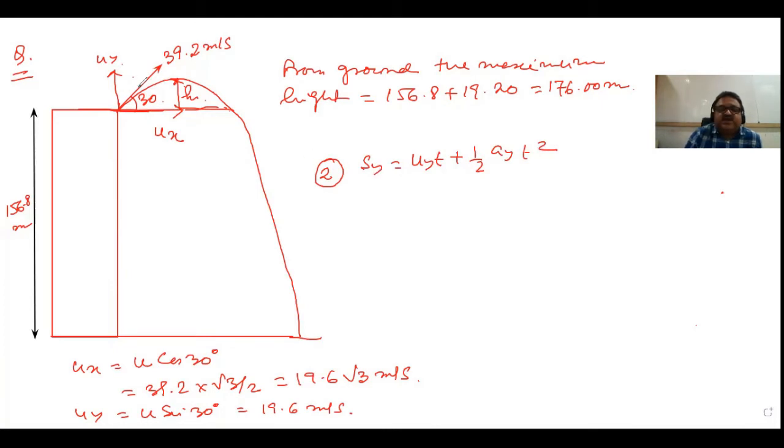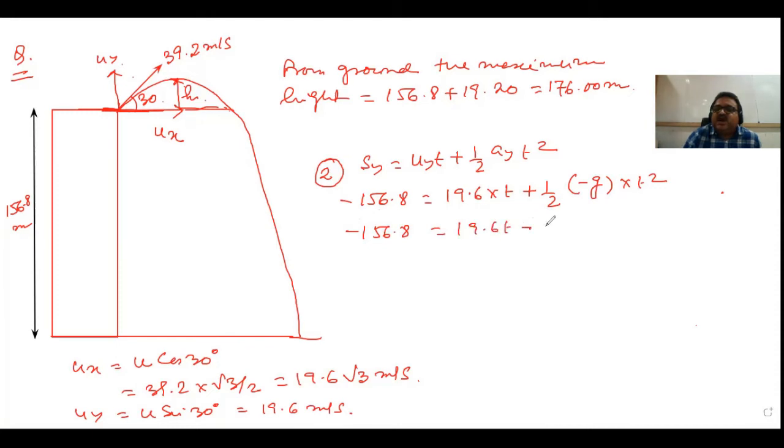Now watch, what is Sy? As I told, since it is the level of throw and ultimately the ball is going below it, correct? So Sy is negative and that is minus 156.8. Now what about Uy? Look, it is along upward direction, so I have to consider this as positive. That is what? Look, Uy is 19.6 into t plus half Ay. Ay is what? Nothing but minus g t square. So let me do the calculation, simplify this. Minus 156.8,